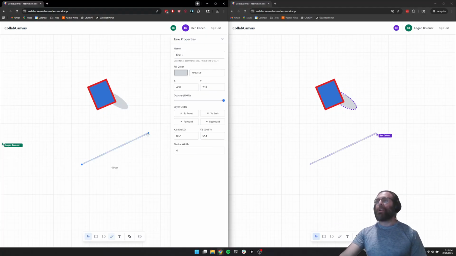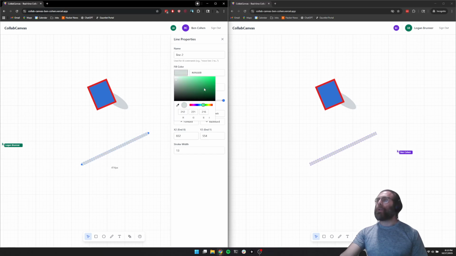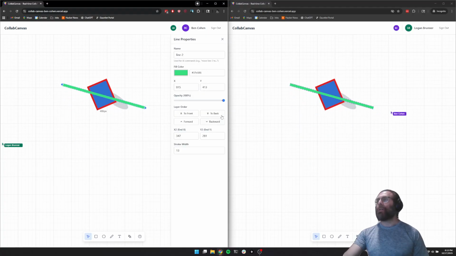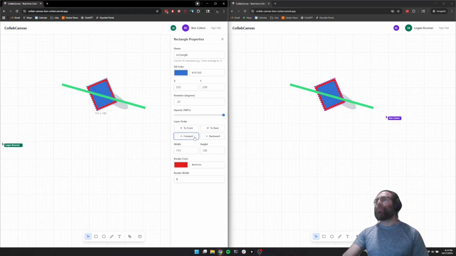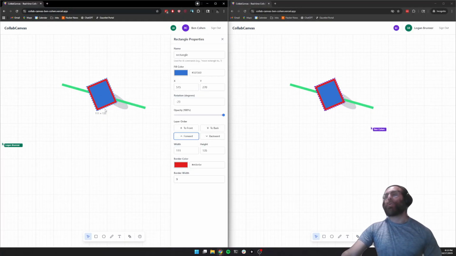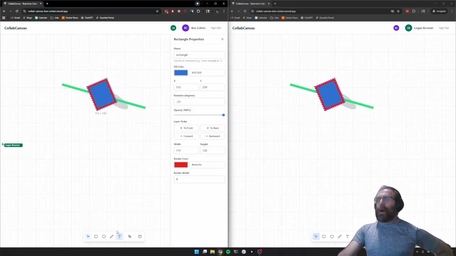Let me add a line. We didn't have lines before. I'm going to make it thicker. I'm going to make it green. We could change everything. As you see, the stuff updates in real time in the details pane, and this is how we'd mess with the line. And I could say, all the way to the back, forward one. Let me forward like that. Yeah, so right now, this is the only way to control layering, but you can kind of get whatever you want using it. Text box,